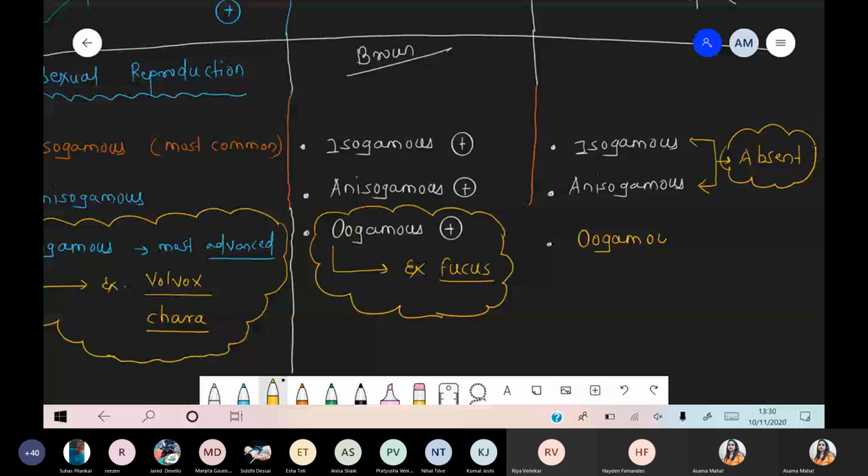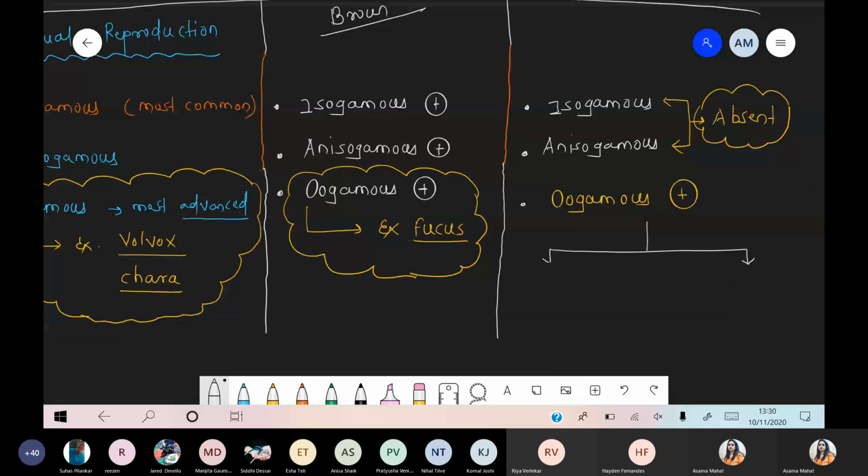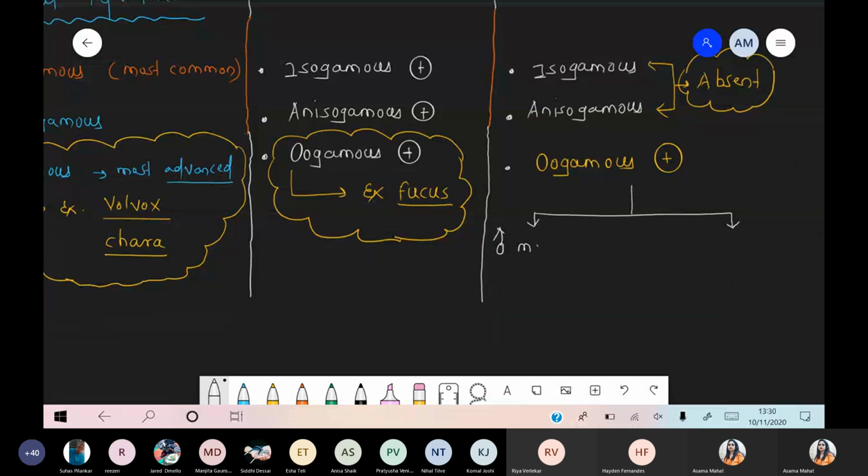All the examples we have, these are simply oogamous technique. I'm talking about this point because I am revising it in case of Bryophyta. In the oogamous method, sex organs will definitely be present, right? First we talk about the male sex organ, and second, the female sex organ. So in red algae, only one method of sexual reproduction is present, that is